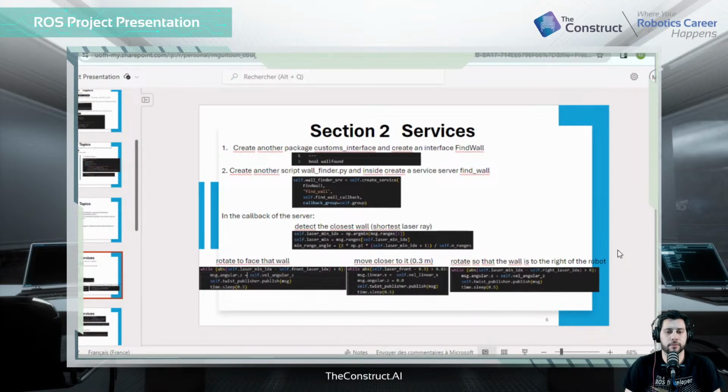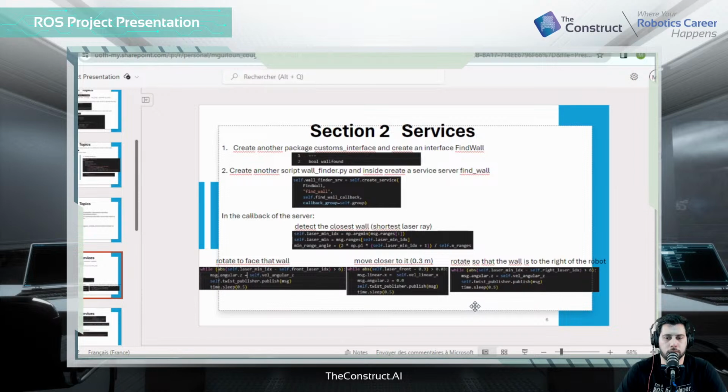What I did there is that I created a service server find wall, and in its callback, it would need to detect the closest wall by getting the shortest laser ray. It will rotate to face that wall in a loop that has a certain threshold. It would move closer to it by 0.3 meters, and it will rotate to be aligned with it so that